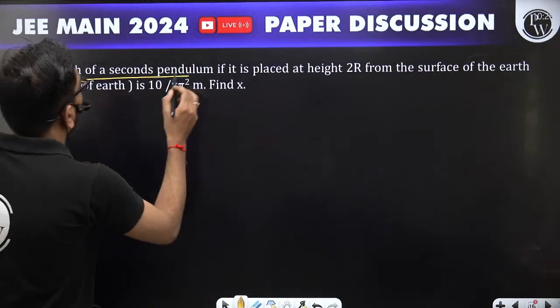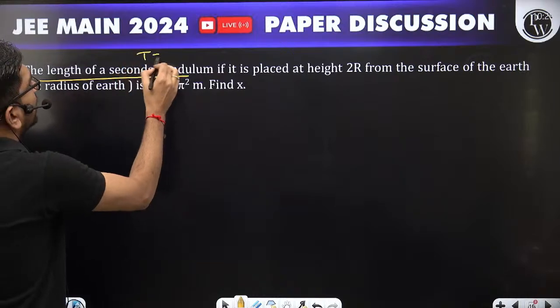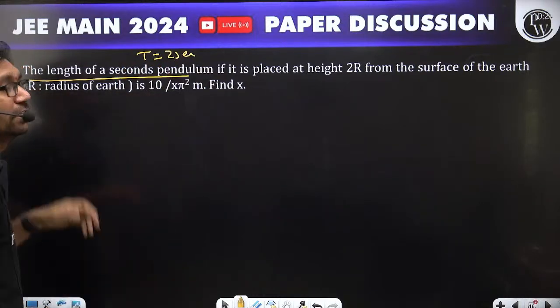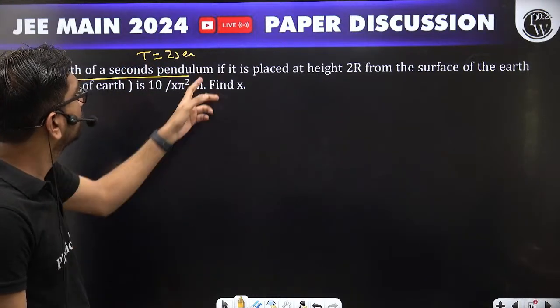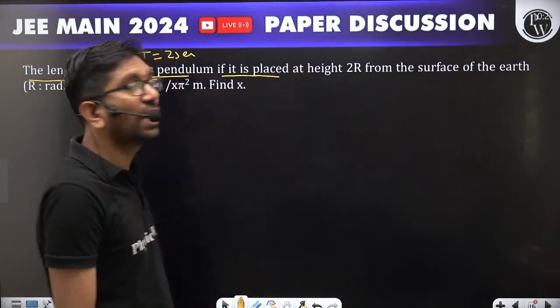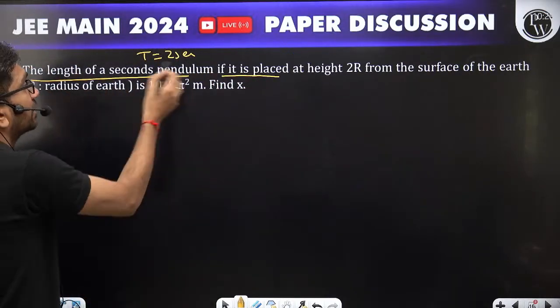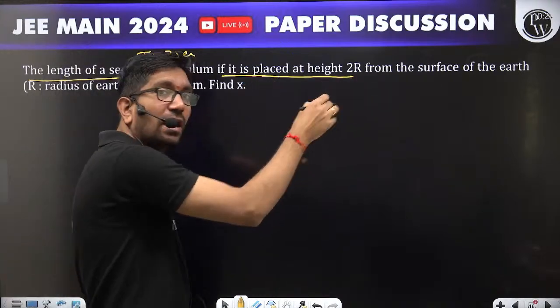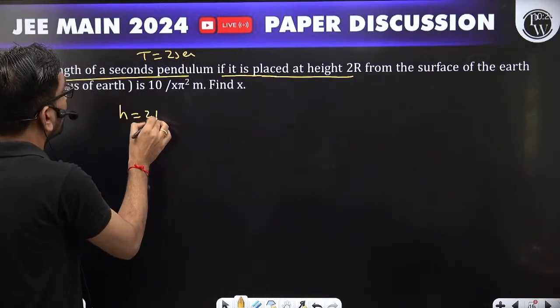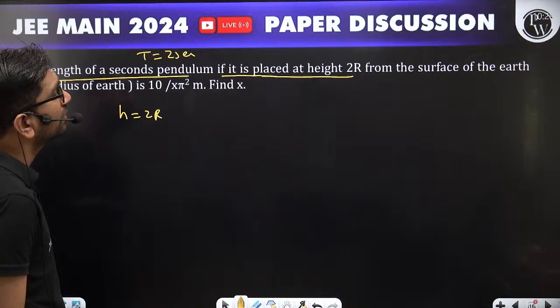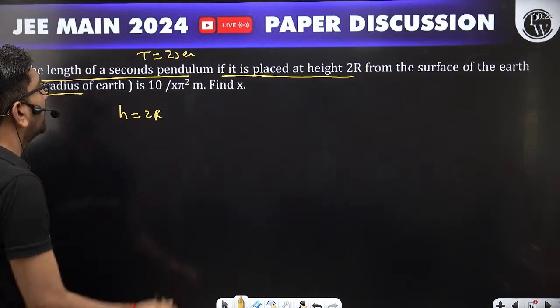The length of the second pendulum. What is the time period of a second pendulum? It is 2 seconds. You have to remember this one. If the second pendulum is placed at a height of 2r from the surface of the earth, where r is the radius of the earth,